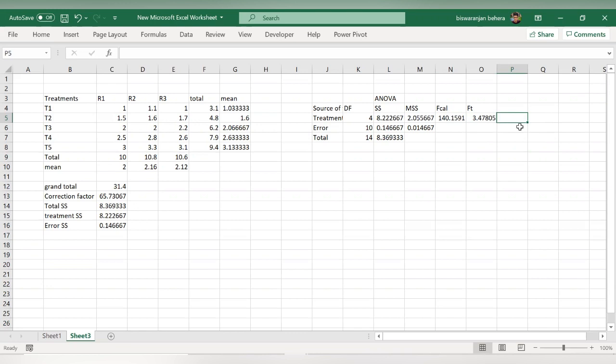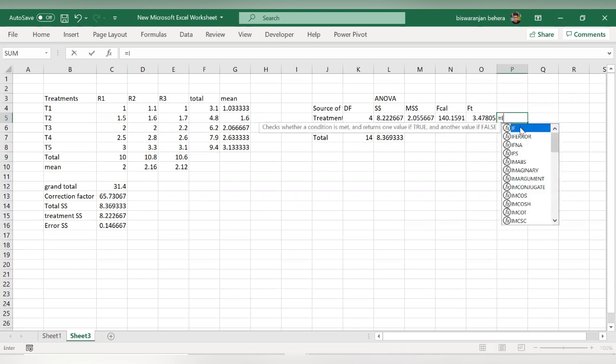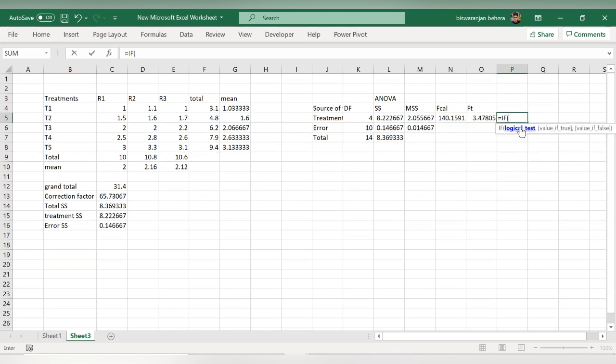So first give the equal to sign, then write IF, then give the bracket. After that, press the shift and select the F calculated value.